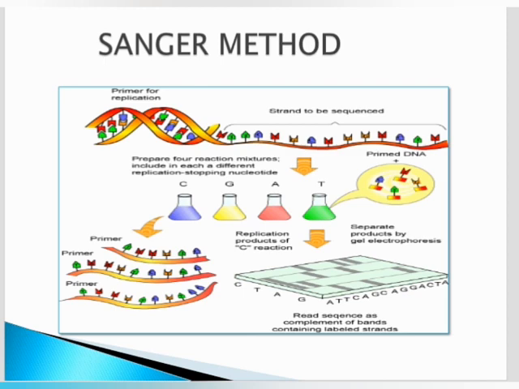And the fourth component consists of four deoxynucleotides, or dNTPs. They are used in large amounts. Besides these common components, a small amount of one dideoxynucleotide, or ddNTP, is added in each reaction. This is the component which is different in each reaction. So for illustration, let's say ddATP is added in the diagram.